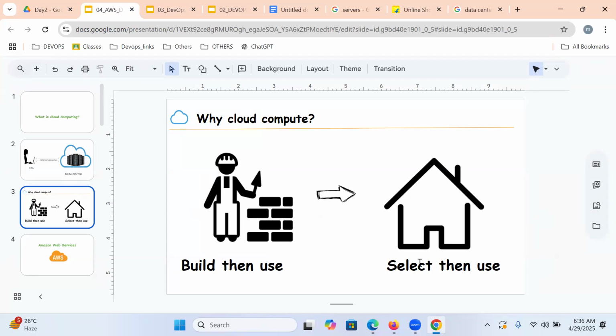So buying servers or maintaining infrastructure, or rental-based infrastructure, two options. Let me give an example, then we can understand this. If you want to go to the railway station by car, how many ways can you get a car? Two ways.